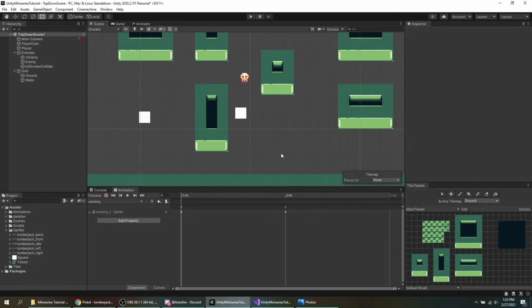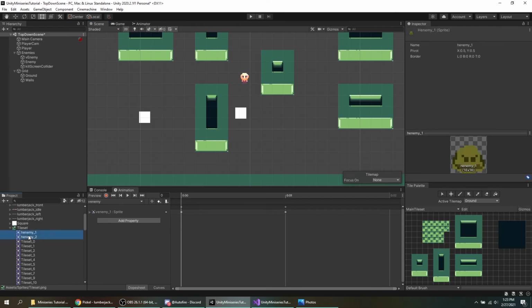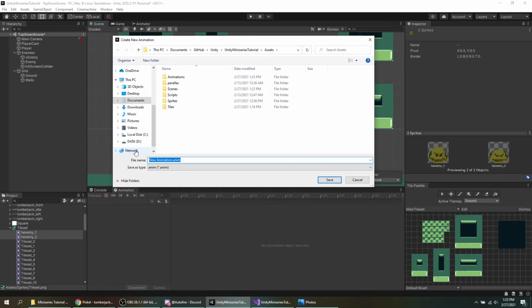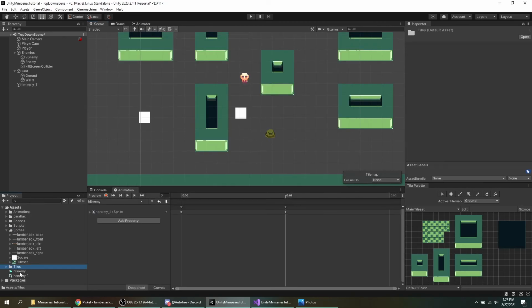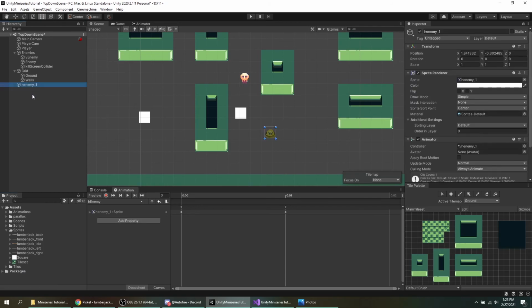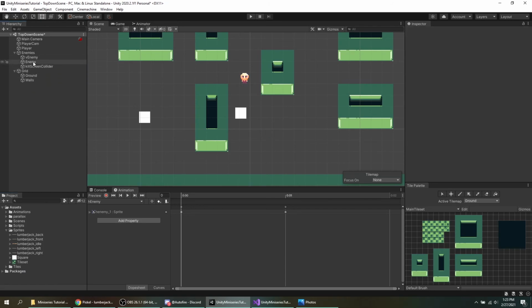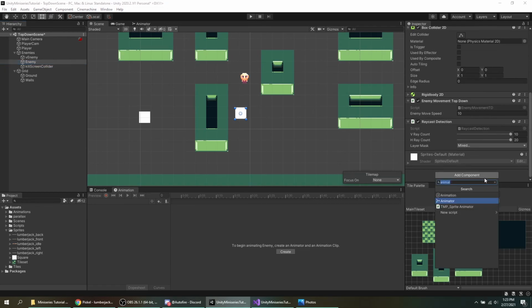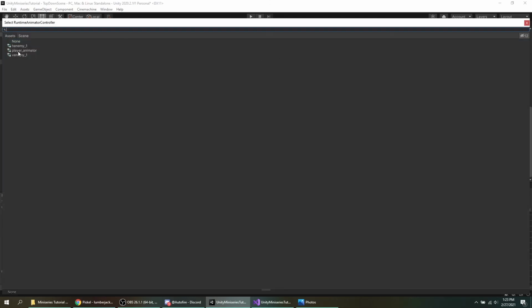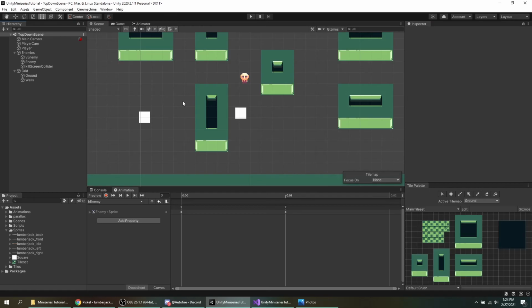I'm going to delete this from the scene. So let's go under tile set, get H enemy. We're going to name the animation H enemy. And save it. And we can drag these two under animations. Delete this, and then under this regular enemy we can just add an animator. Then under the animator we can just choose the H enemy, and we don't actually have to do anything else